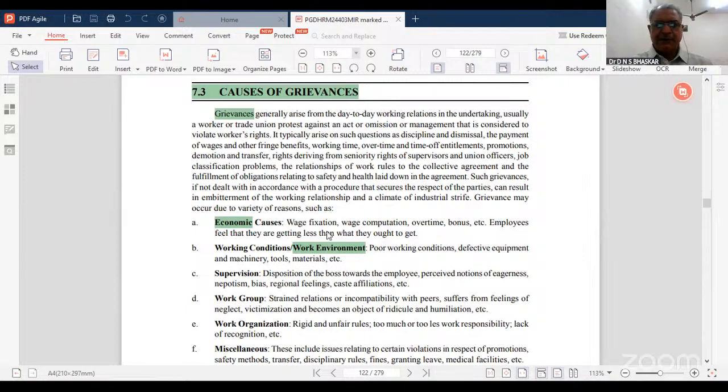Economic causes are basically wage fixation, wage competition, overtime, bonus, and so on. So, the main causes of grievance are the economic causes. Whenever wage fixation or wage competition is going on, normally the employees always expect a higher amount of wages, whereas the management wants to lower their burden from that particular point of view. So, whenever you are talking about this,